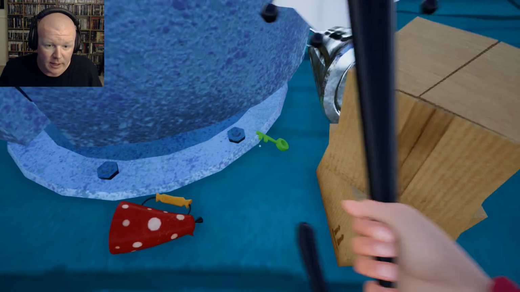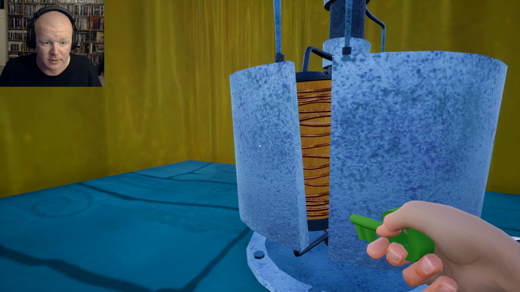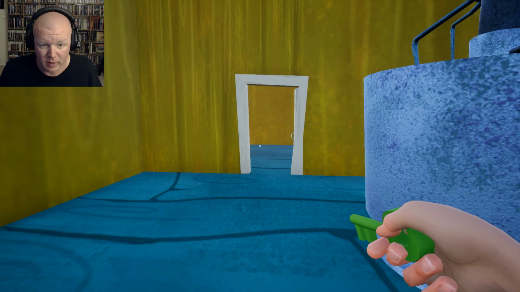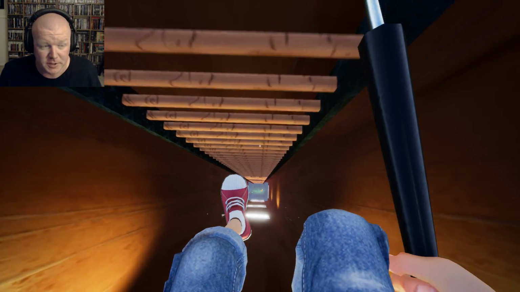And see, now you can get the green key. And ta-da, you got the green key. So now all you have to do is just head all the way back down to the bottom. Head down the elevator shaft, and I would highly recommend you have your umbrella just in case the game decides